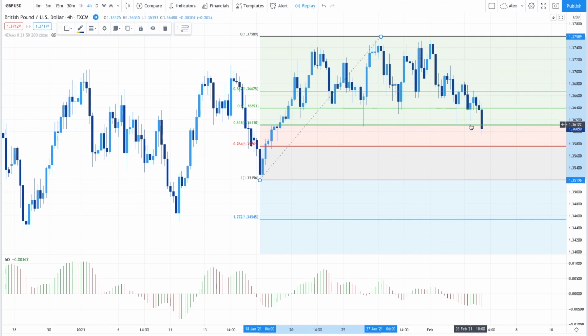We've come down so far to back down to 136, testing previous structure, which has been tested once, twice, three times. Will it stretch down to the 764? Well, because we're getting close to that news, I would wait and see, but I'd like to buy it off here. So I'd like to see it go down to around 135.80,